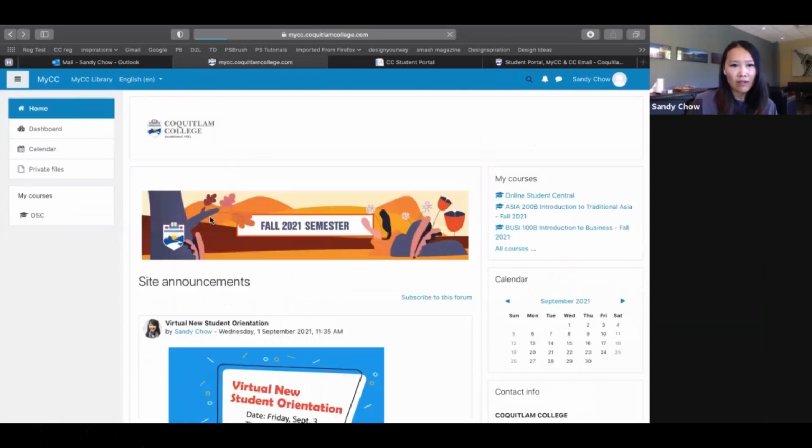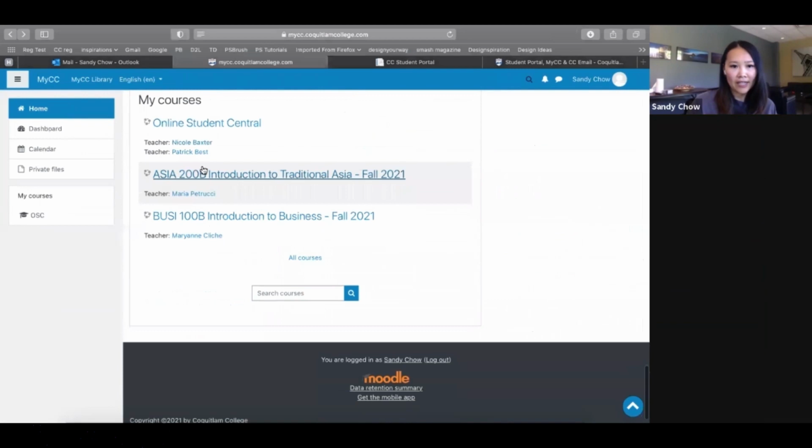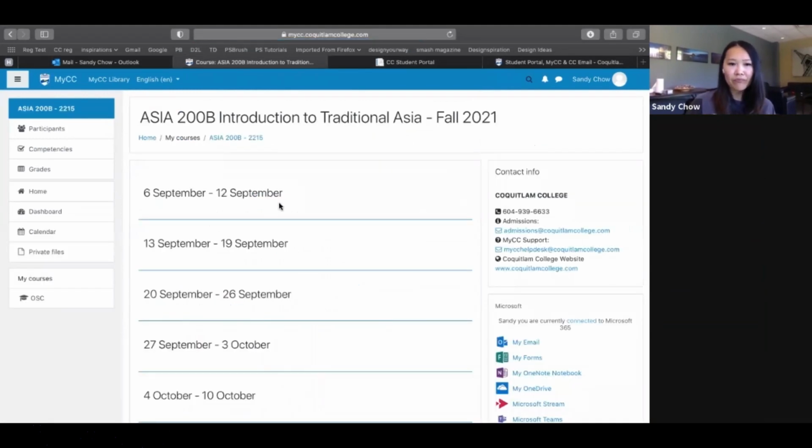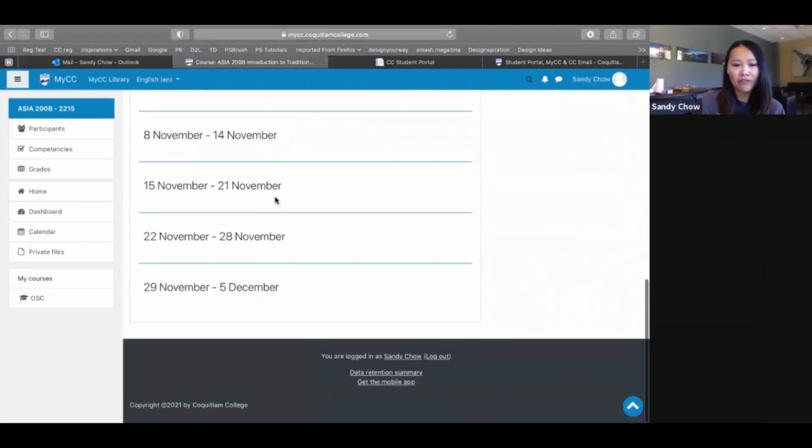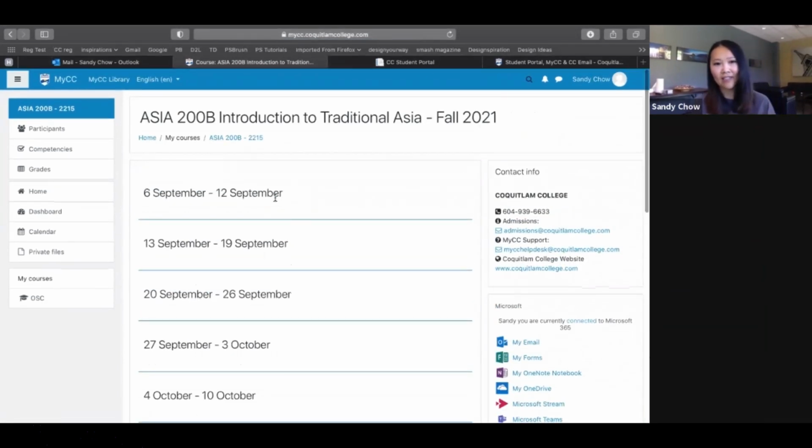So let's go back to the home page and click on the second class, Asia 200B. So some of the courses might not have content. You will be brought to an empty page with no information. Don't panic. The reason why it's not showing any course content is because your teacher hasn't opened up the course